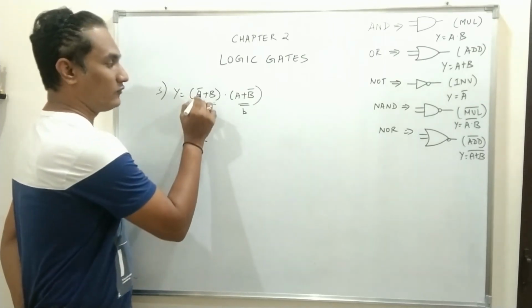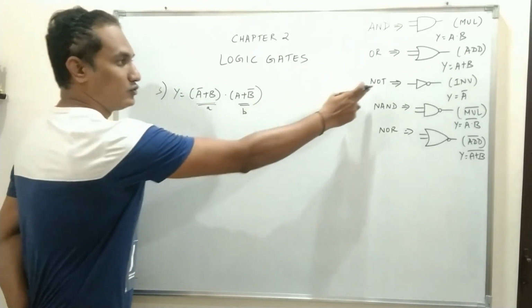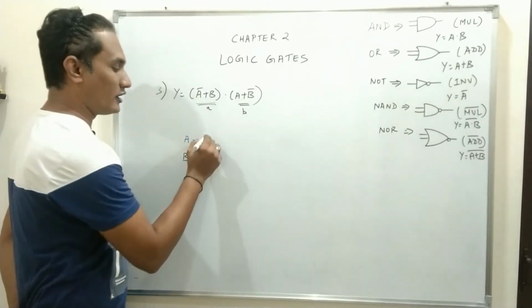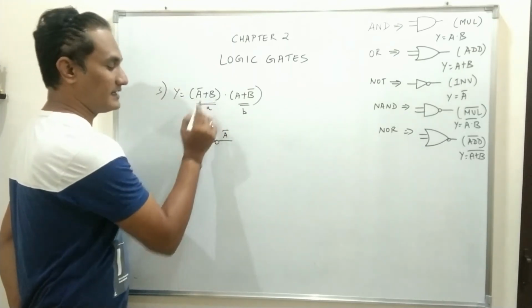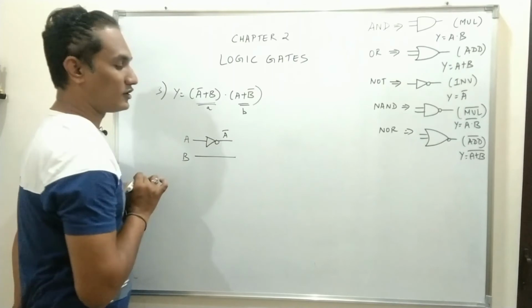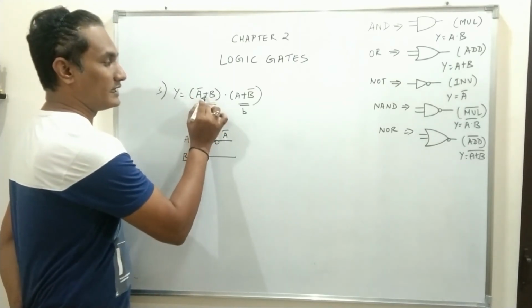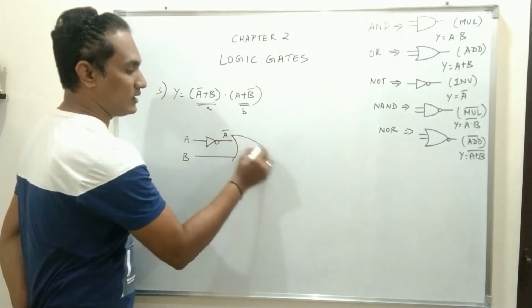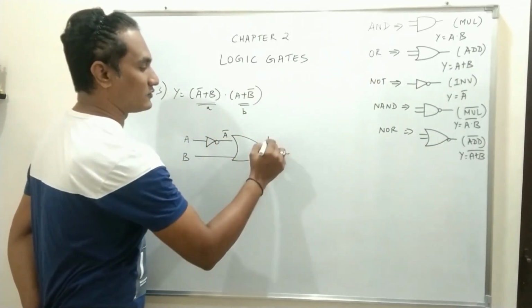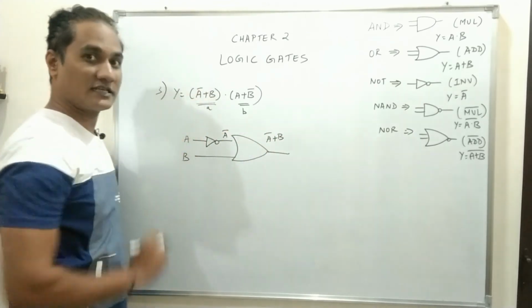Extend A, what we need at the first instant is we need A bar. And how do you get the bar sign over it? By a NOT gate. So connect a NOT gate. What you will get here is A bar. And what is the next expression? B. Simply draw a straight line. And how are these two connected, A bar and B? Connected by plus sign. Plus sign indicates OR operation. That means you have to connect by an OR gate. So what you have got is A bar plus B. So you have done with the first expression.